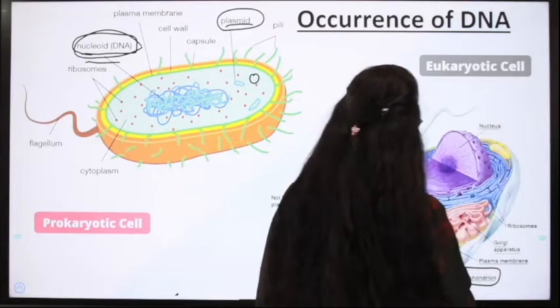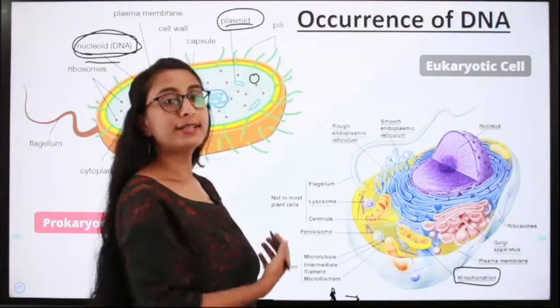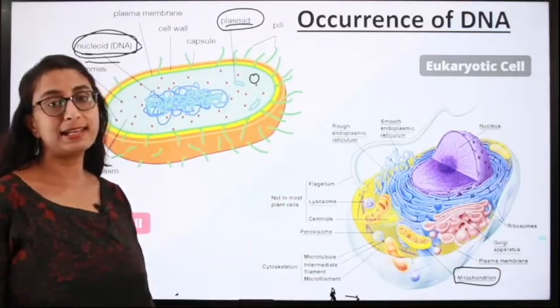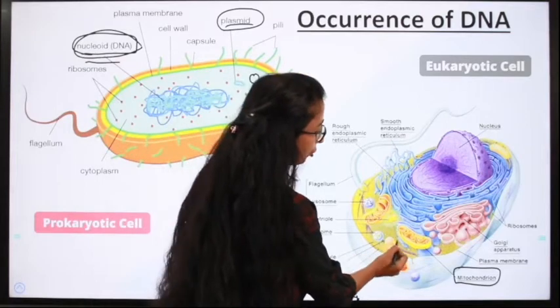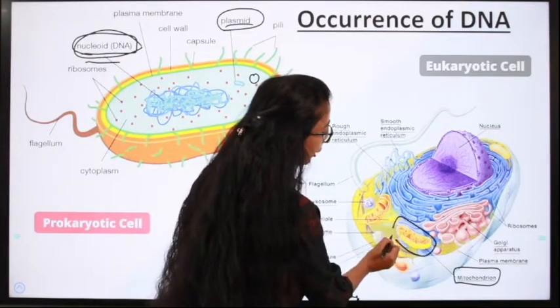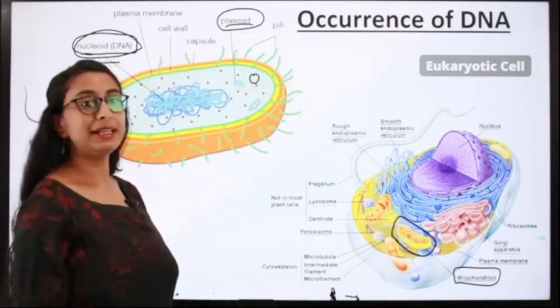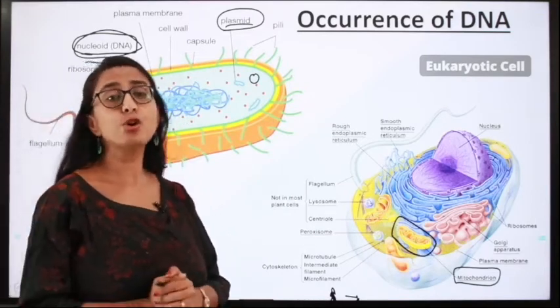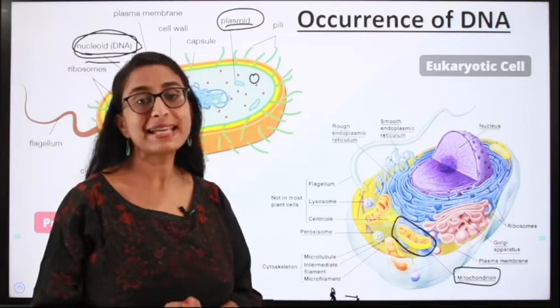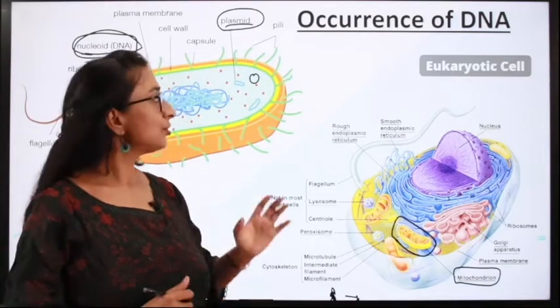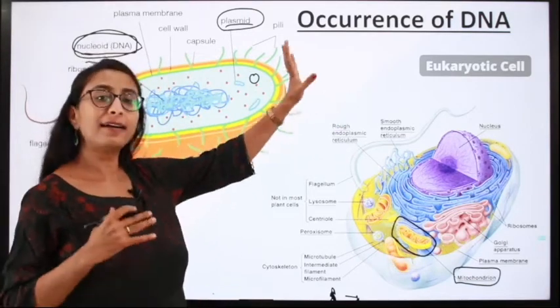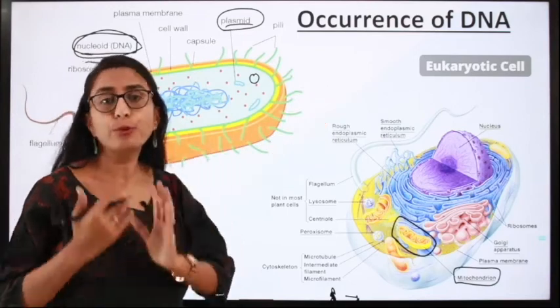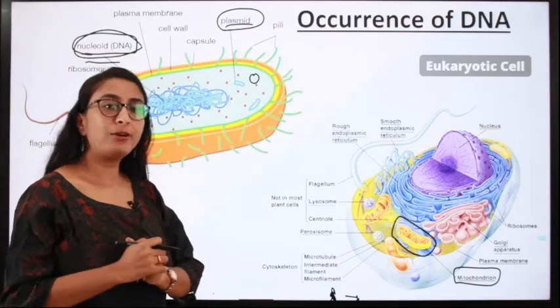So mitochondria are also called the powerhouses of the cell, isn't it? So this is the mitochondria. In mitochondria you can also find extra chromosomal DNA. In addition to this, we can also find extra chromosomal DNA in plastids. Okay. So now that we have discussed the occurrence of DNA in a prokaryotic cell and a eukaryotic cell, now